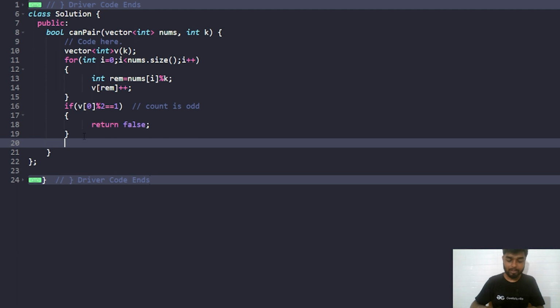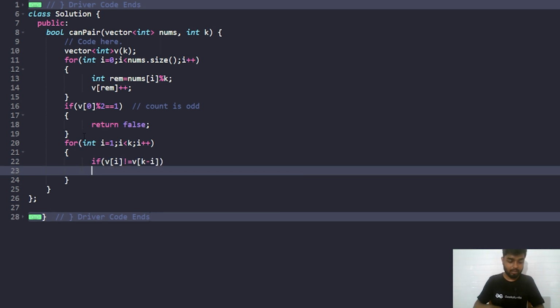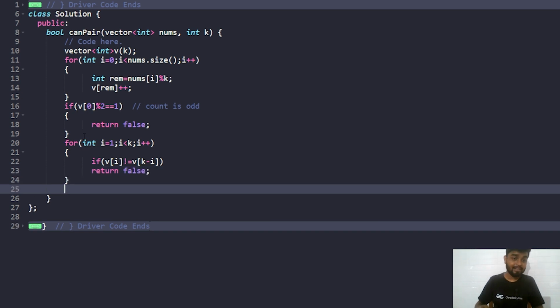Otherwise, I'll start iterating from i equal to 1, till i is lesser than k, and then I'll do an i++. And what I will say here is that suppose the remainder is i, so I'm checking for k minus i. So if v[i] is not equal to v[k - i], in that case I'll simply return false, because this will indicate that